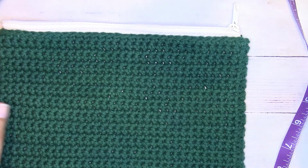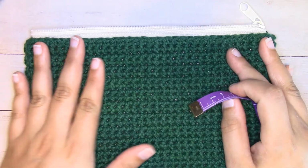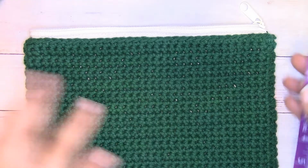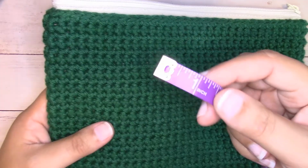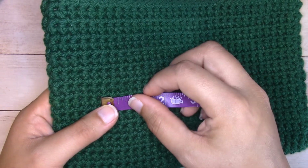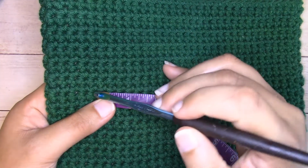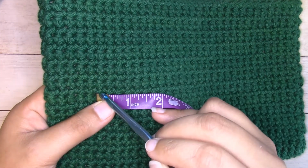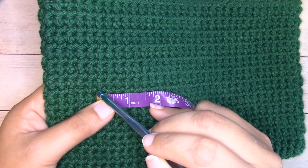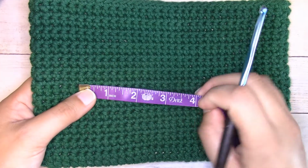Before we get started, let's talk about gauge. Gauge is measured in pattern, meaning in the single crochet pattern worked in rows that you're turning at the end. You'll take your soft tape measure, you'll lay it on the edge of one of the single crochets. I like to measure the ones from the right side. So I'm looking at this one right here, and I've laid my tape measure just to the right of that stitch, where the stitch would technically end. Then measure across,